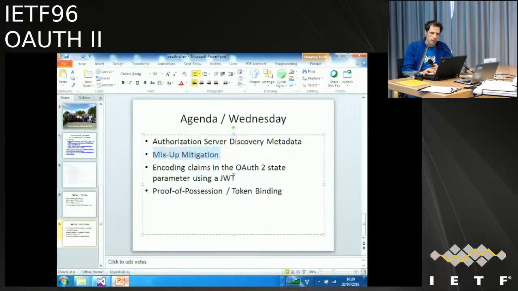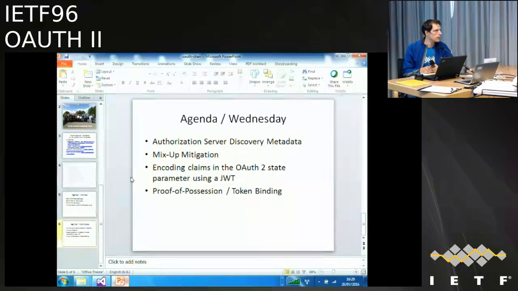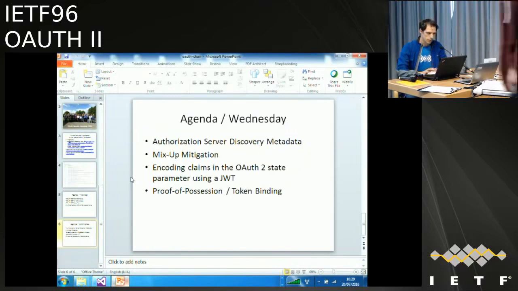We should probably, let's see how that goes. So we have one presentation. Andre sent me a presentation slide deck. As said at the Monday meeting, we got together and discussed those mix-up related attacks a little bit. So we did, and Andre prepared the slide deck to guide us through that discussion, through the different approaches. And I would say we give it a try and see how that goes and whether we come up with a way forward for the document.